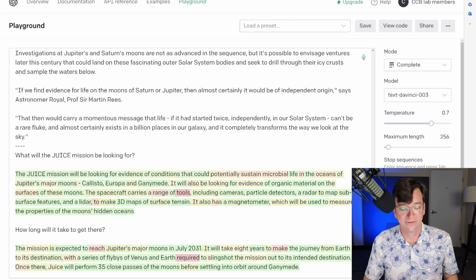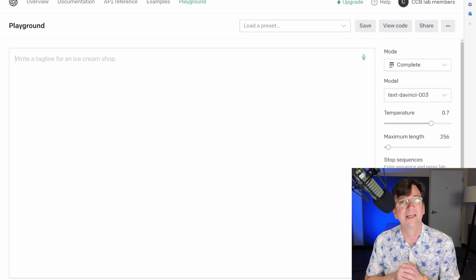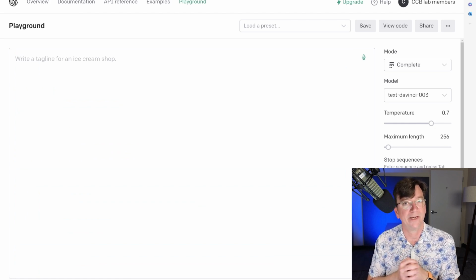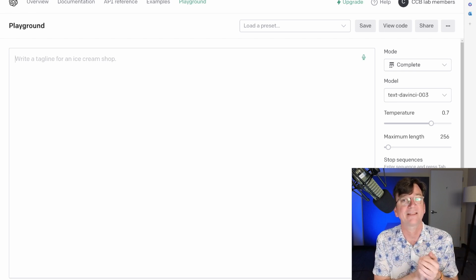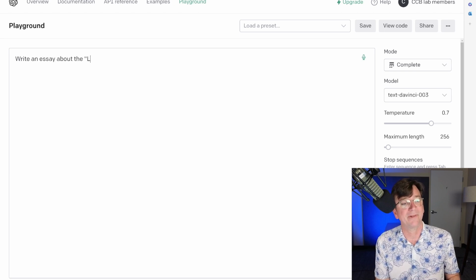Another really exciting direction for these models is they do instruction following. So in addition to prompts and completions, many researchers have trained these models to do tasks. So they give the prompt as an instruction in natural language of the type of task that they want to be done. And then they give a completion at training time of an example of how the model ought to follow that instruction. So you can ask it to write an essay about the Lord of the Flies